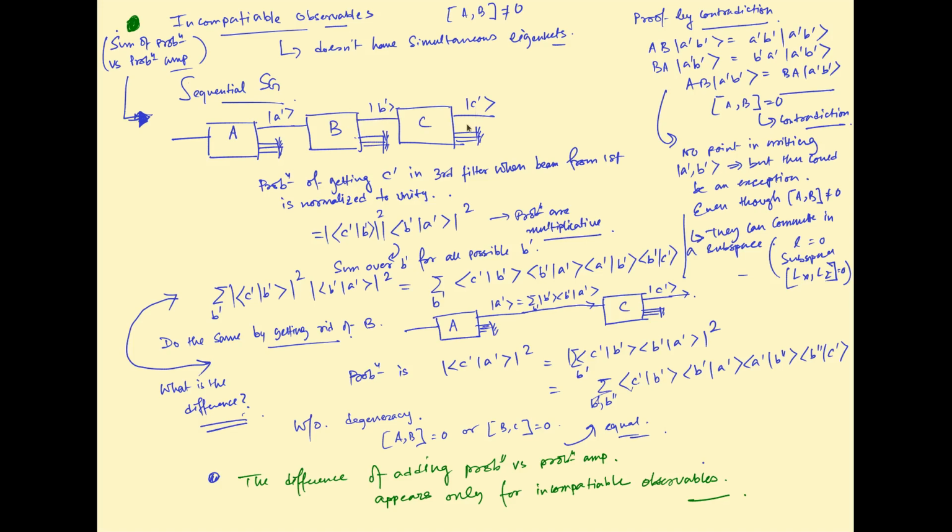Now you ask what is the probability of getting C prime in the third filter when the output of the first filter is normalized to unity. It is not hard to see that it is just this projection, the inner product B prime A prime squared and then C prime B prime squared. This is just the rule of composite events in probability, so these probabilities are multiplicative here. Now, if you sum over all the possibilities of B prime,